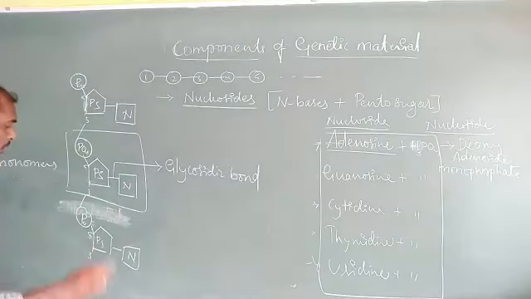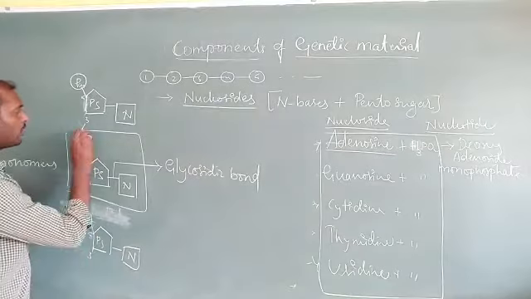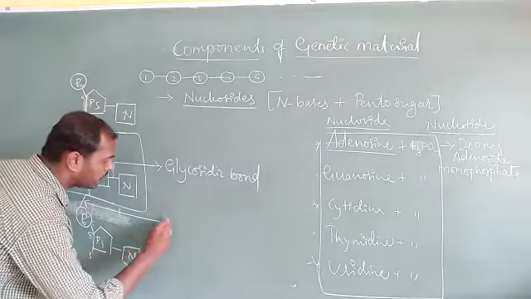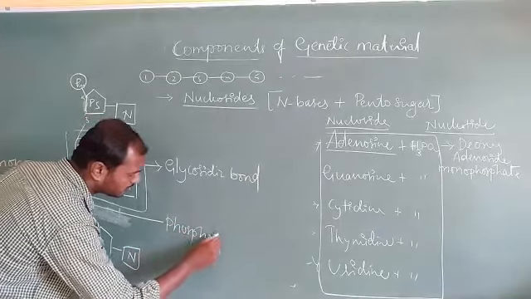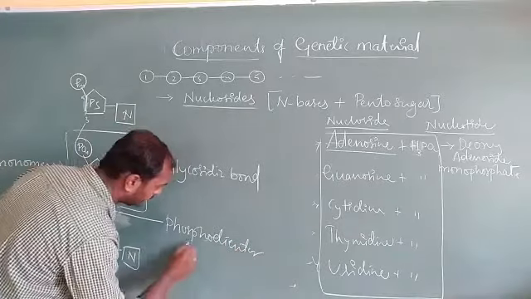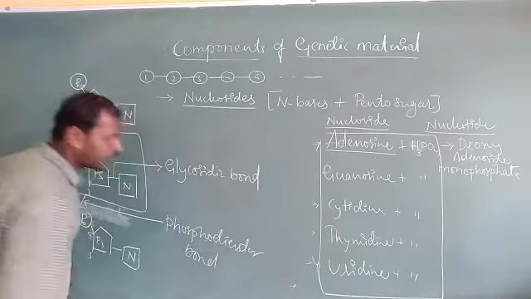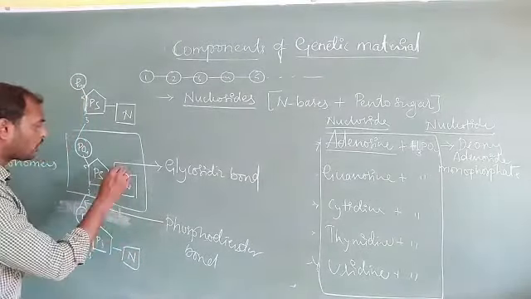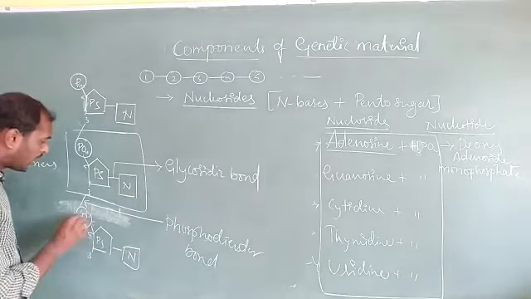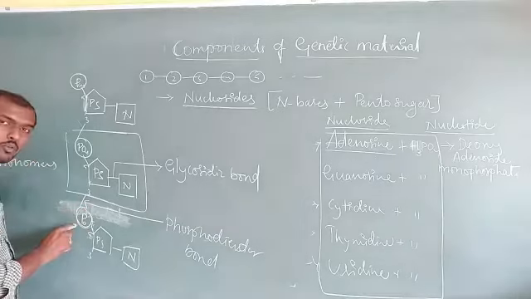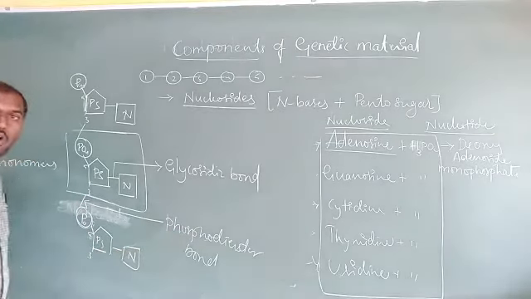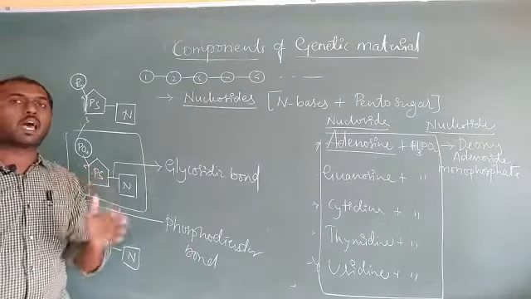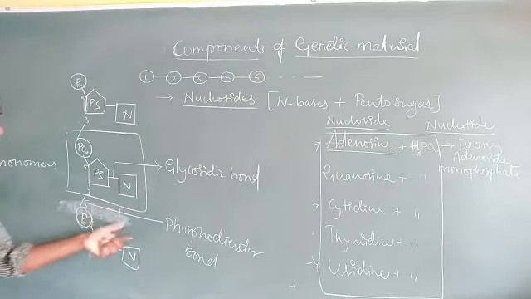The next bond is the one that is going to form between the two molecules. I am going to write it here; this one is called the phosphodiester bond. Why is it called phosphodiester bond? Because this one is one ester, then one more ester, and both are held by only one phosphate. That is what is called a phosphodiester bond. This diester bond is going to hold two monomers and stabilize the DNA molecule. Those are the two different kinds of bonds we get here.